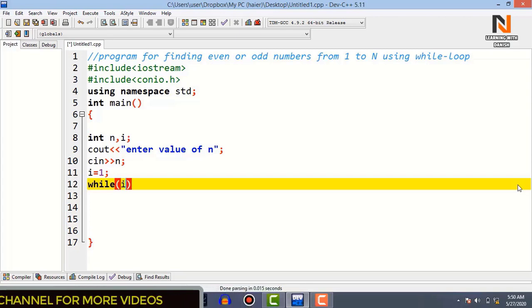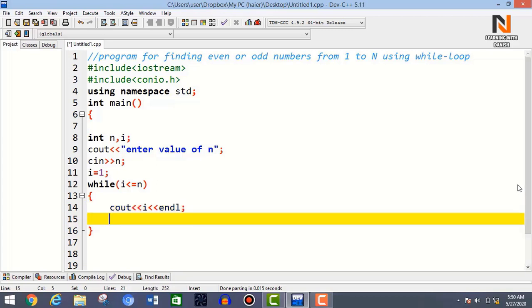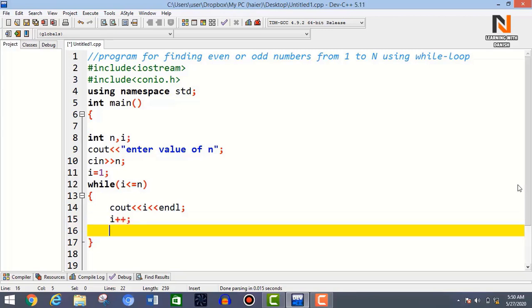In the while loop, write the condition i <= n, in curly brackets. Here you write cout << i << endl; Here you increment the value of i: i++;